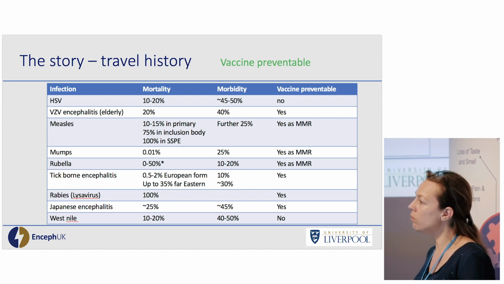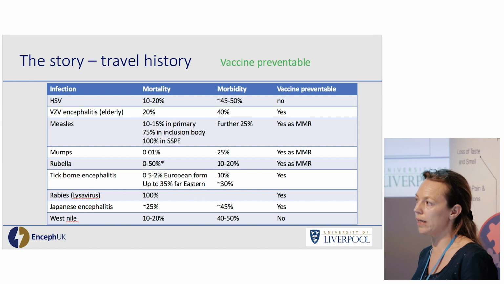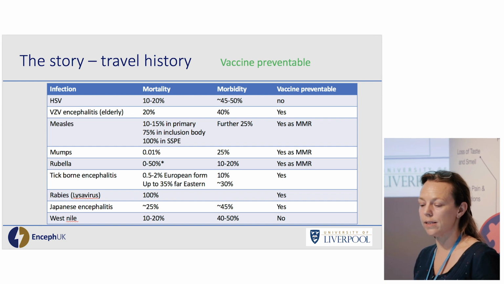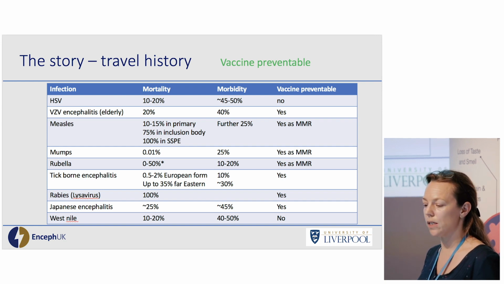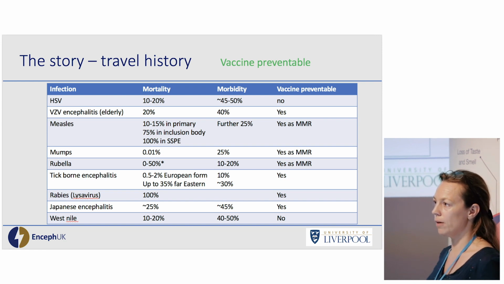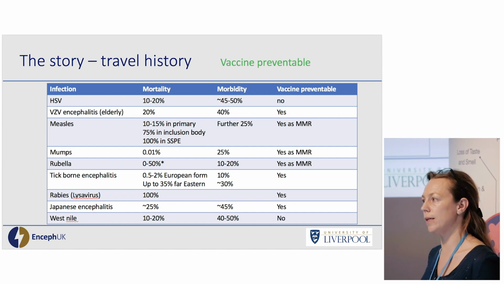But mumps, mortality is not that high, but look at the morbidity, the long-term sequelae that people will have afterwards. Likewise with measles, mortality changes as to when you get it, but the morbidity is very significant. Why am I harping on about those three? MMR. People don't get the vaccine for their children, and they're putting their children at risk of getting measles, mumps